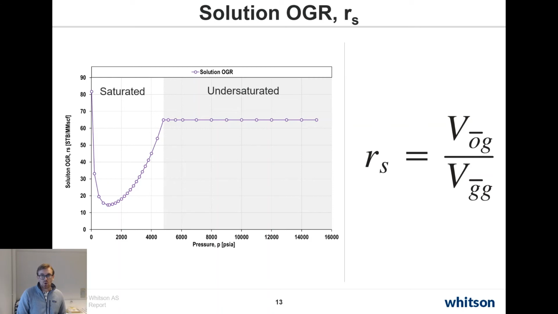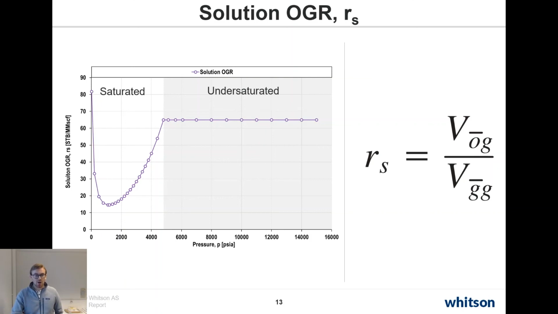Similarly, we have the so-called solution CGR, which, at least above the saturation pressure, which is the so-called dew point, is constant, just as the solution GOR is constant. So we see in this particular scenario, we have an undersaturated region where the solution OGR or solution CGR, this particular PVT property has so many different names, but for the purposes of this, we call it either solution OGR or solution CGR,